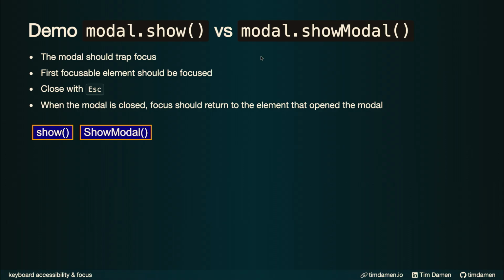And I will demo now 2 types: show and showModal. Show is an implementation where the focus is not trapped, and showModal is an implementation where the focus is trapped. And I've also written down some other things that we are going to test, to see if this modal is accessible or not, because these are requirements to make modals accessible. All right, we will start with the show one,